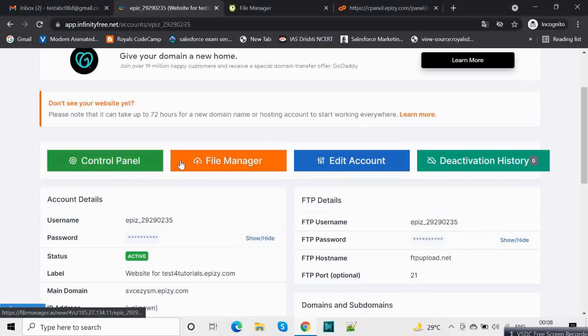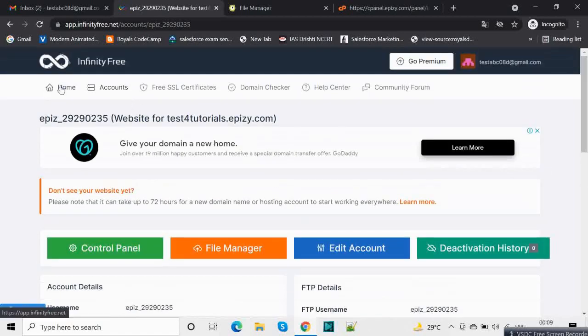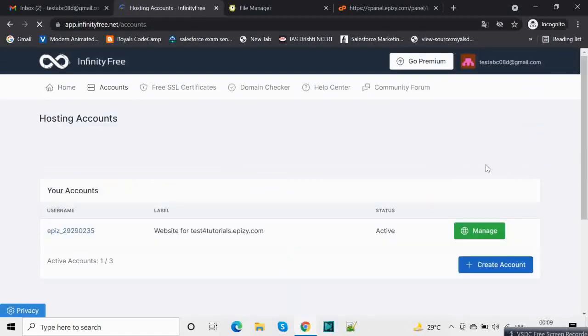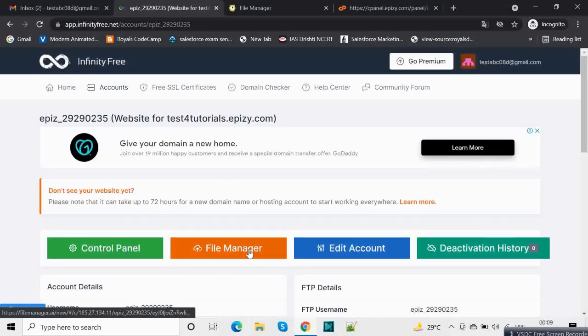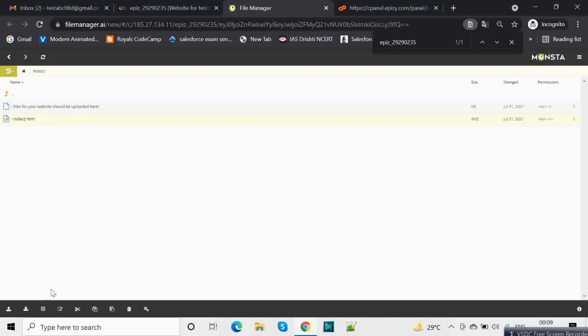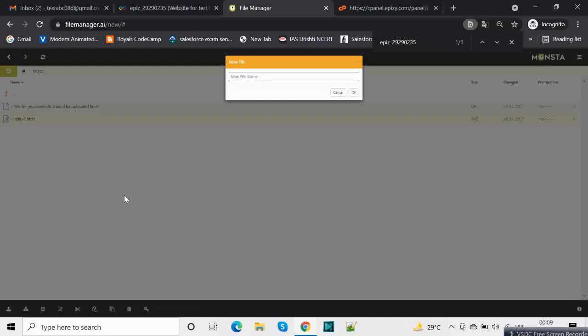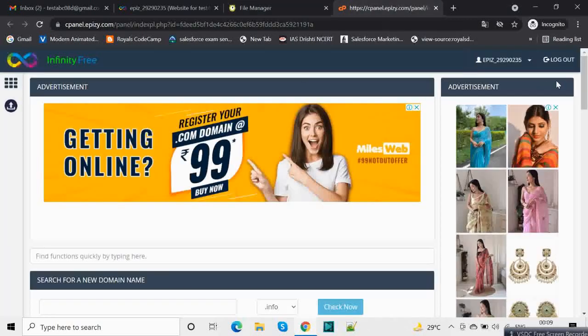this page. Now if you see, this file manager is disabled. All you have to do is click on control panel and agree to the terms, and after that just go to home page. Again click on this manage, and you should see this enabled. Once you click on this, you should come over here. This is the place where we will write our script. So this is our page where we will write a test script .php.